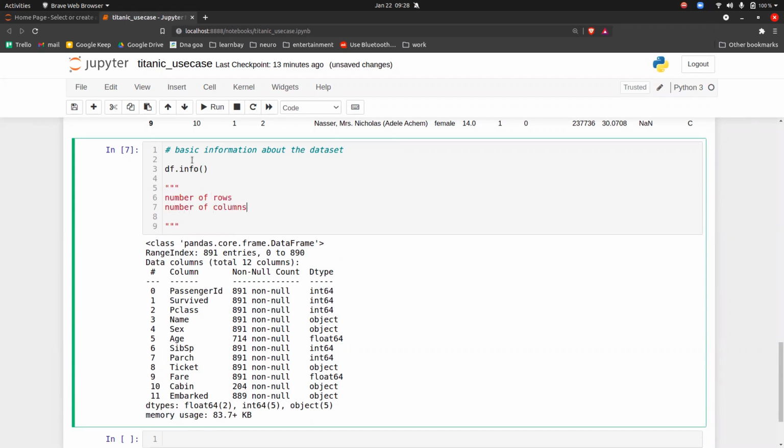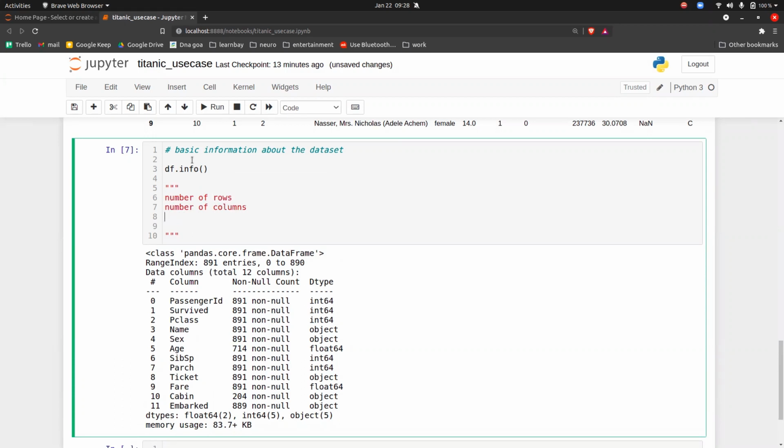What else can you get from this info? Number of null values in each column. Okay, so which columns have null values? Age, cabin, and embarked. Yes.